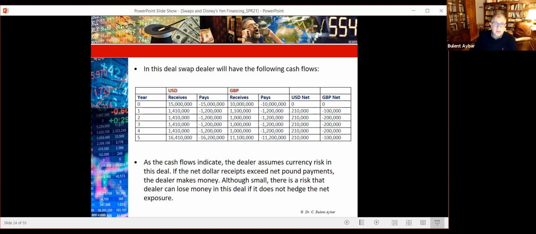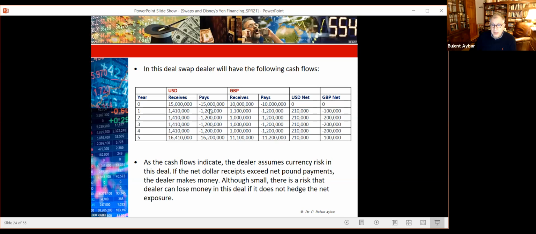It received a $1,410,000 payment from company A. So it received a $1,410,000 payment from company B, 9.4% interest on 15 million, and then turned around and made a